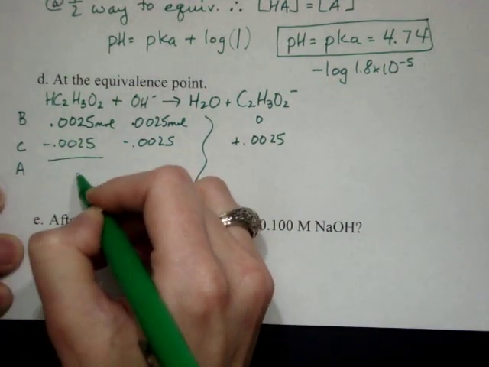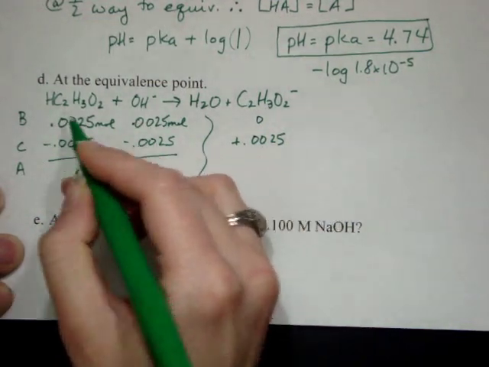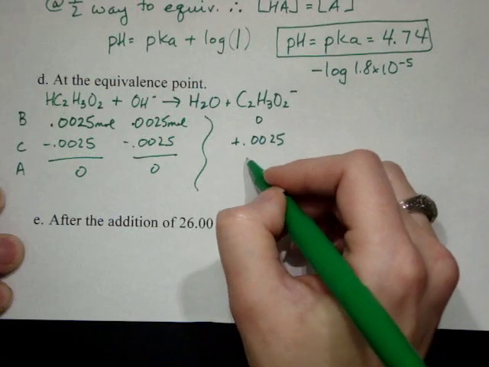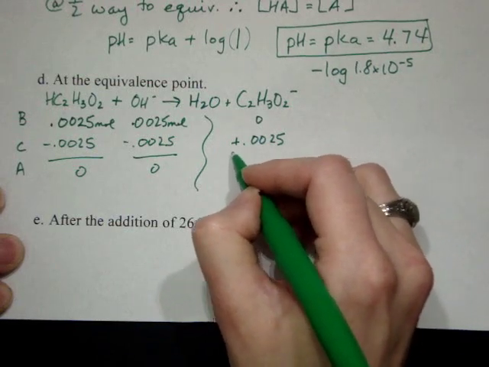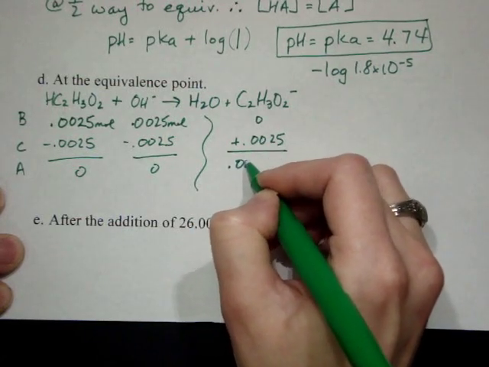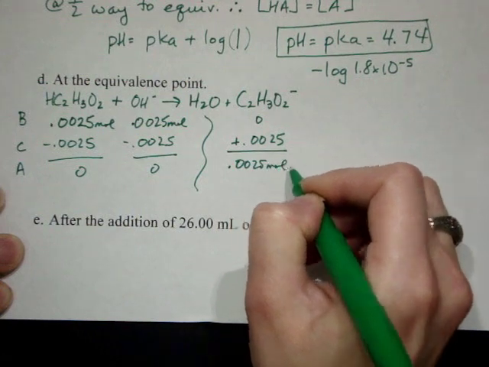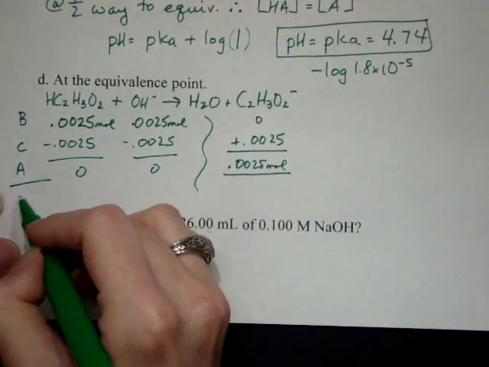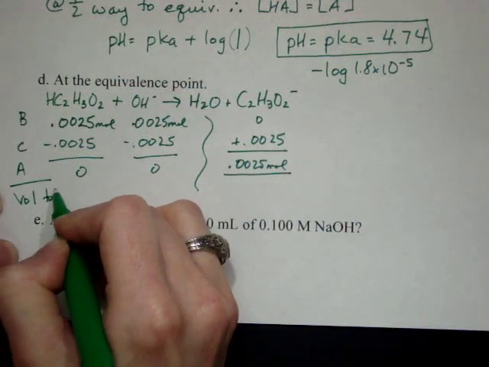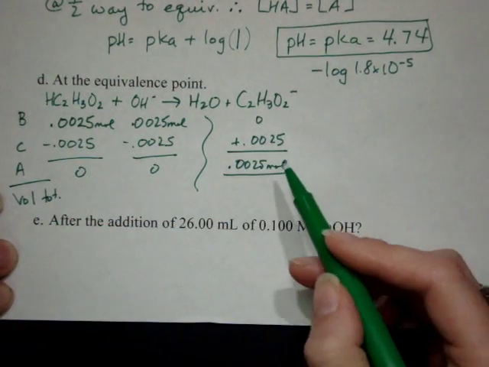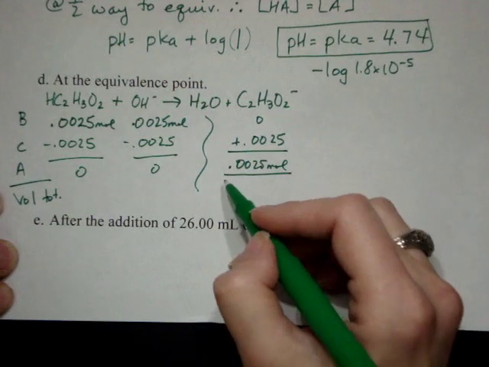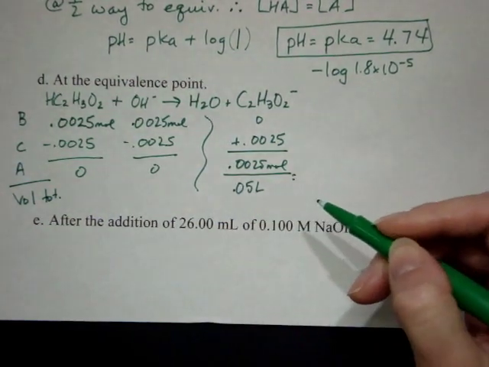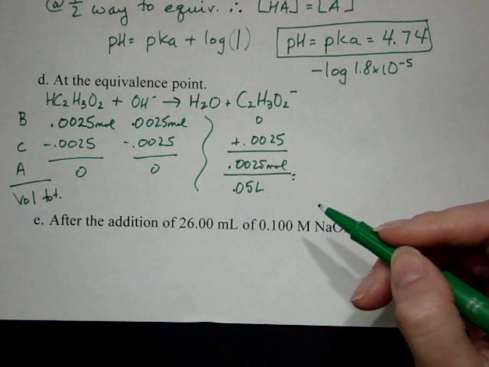So that means that your after is nothing for the acetic acid and the hydroxide, and it is exactly 0.0025 moles for the acetate ion. And again, we need to divide by the volume. Total, 25 plus 25 gives me 50 milliliters, so 0.05 liters,